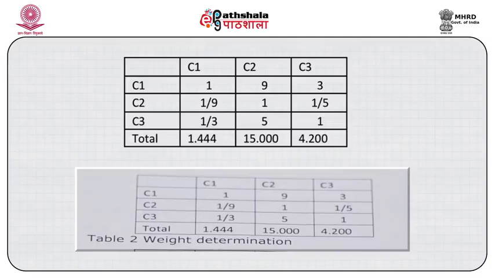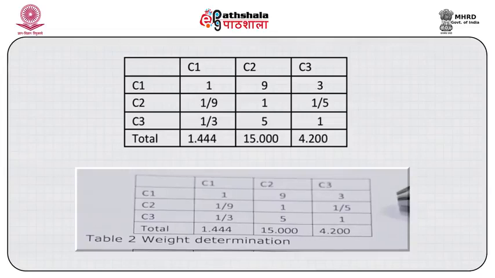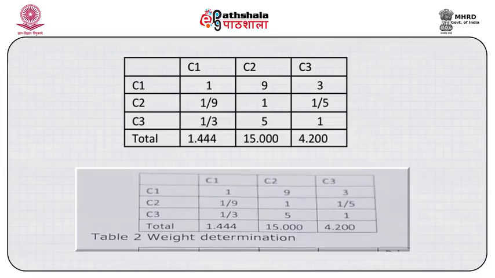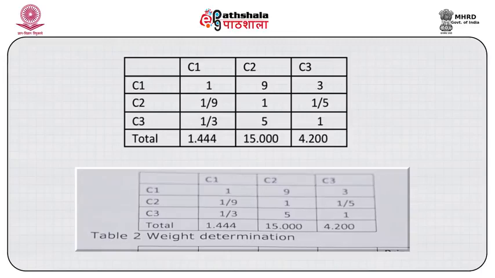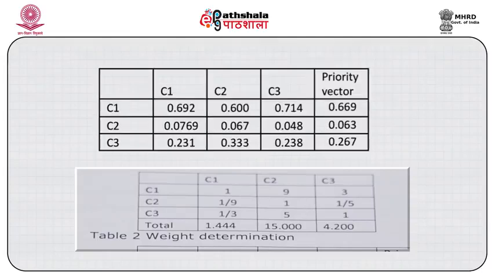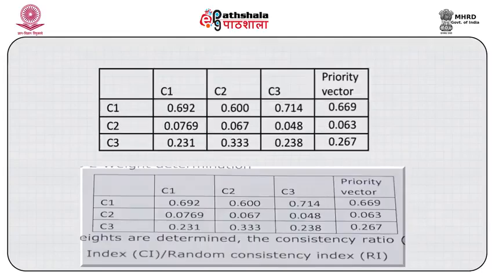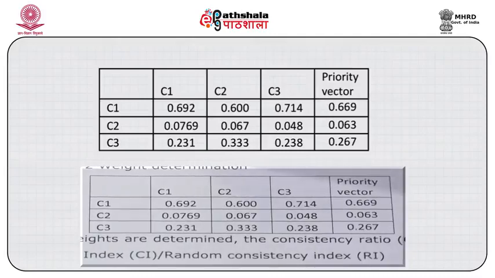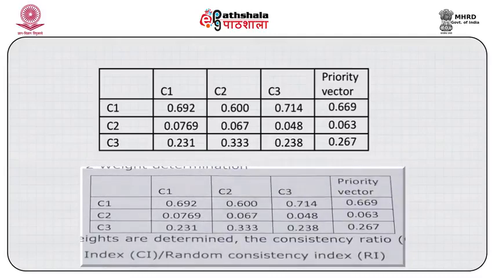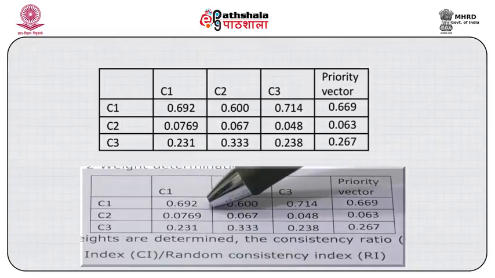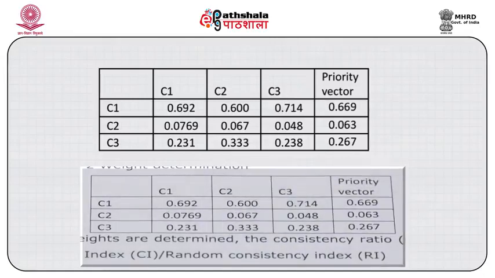Now we need to calculate the weights based on the importance given to each of the layers. How do we calculate the weights? For calculating the weights, we first need to obtain the priority vector or the eigenvalues. For calculating these eigenvalues, the factors are normalized. These were the factor values. Now these are normalized by dividing each cell by the column total. So your column total is suppose 1.44 and your value is 1. So you divide that factor with the column total and you get this value. So this forms your normalized data.